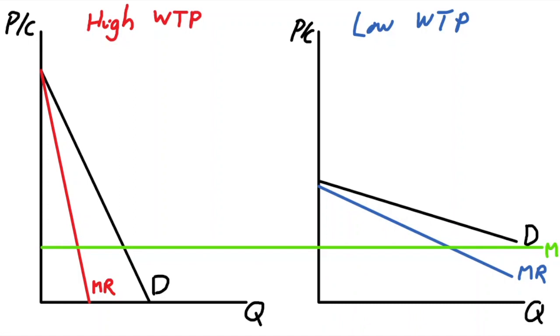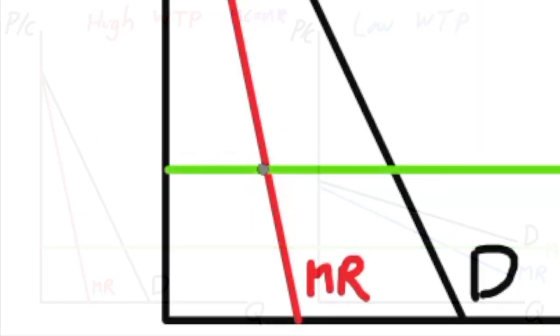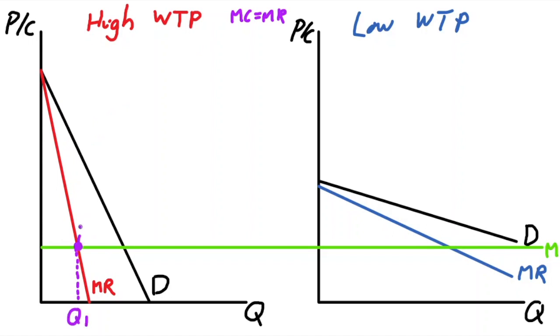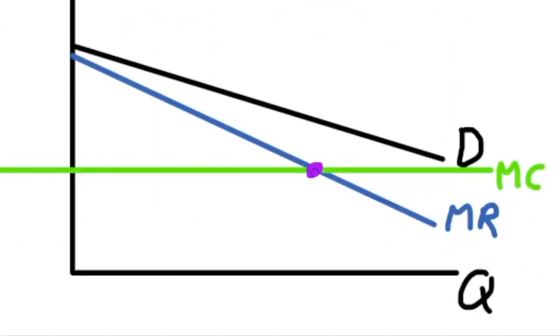We assume that both of these customers will be charged a profit maximizing price level, which is MC equal to MR. Over on the left hand side, MC equals MR at this point here. From that we can derive a quantity Q1 and a price level P1. What we're going to note straight away is that price level is relatively large compared to its marginal cost curve down here. Now, if we come over to the low willingness to pay cohort, they again produce a profit maximizing level of output, Q1 here, and they charge a price given by their demand curve,